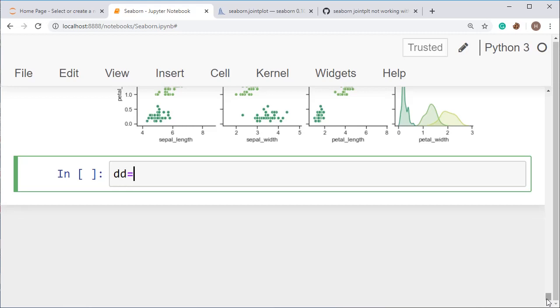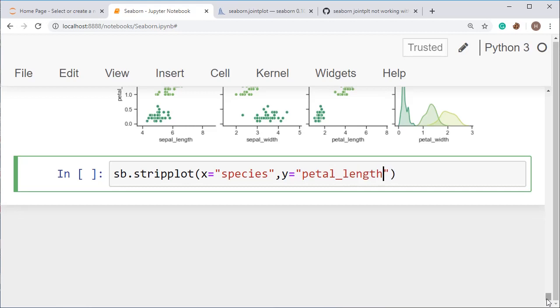Take a data frame, and let's use the previous data set. There's no need to call the data set again and again. Use a strip plot, and then use x equal to species. There is a column called species in the data frame iris. And take y equal to petal length.